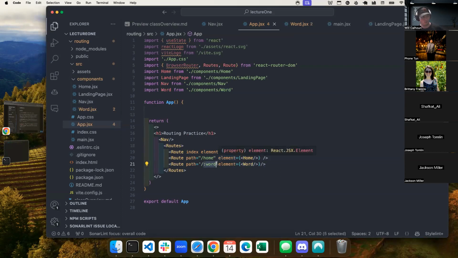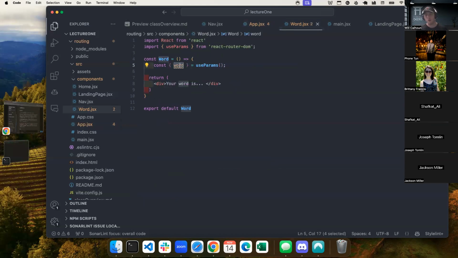If I had slash, something else, like if I have slash color, it's going to give me a key value pair of two values, right? So I need to make sure that this value matches whatever I'm destructuring from useParams, because useParams is going to give me a key value pair from that.